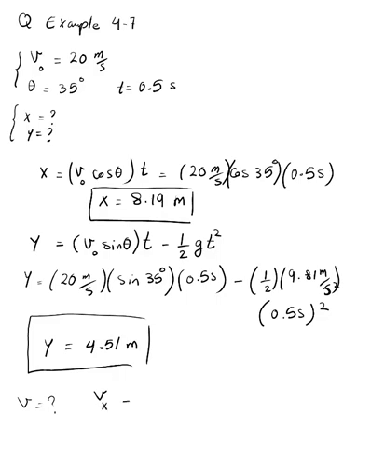So I know that v in x direction is only v naught cosine theta, because the acceleration due to gravity does not affect this. So v in x direction is only 20 meters per second times cosine 35 degrees. So vx is